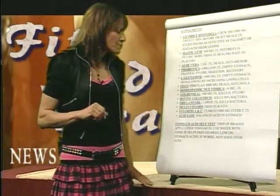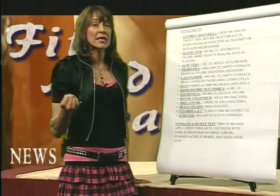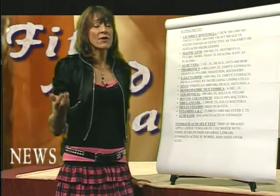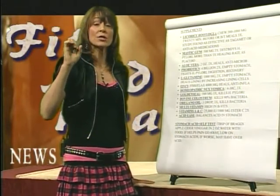Oregano oil. There's a book called Cure in the Cupboard about oregano oil. Oregano oil is an antimicrobial that kills viral, fungal, and bacterial infections. Very effective if you can get past the taste, but I know at my stores, we have them in little gel caps you can